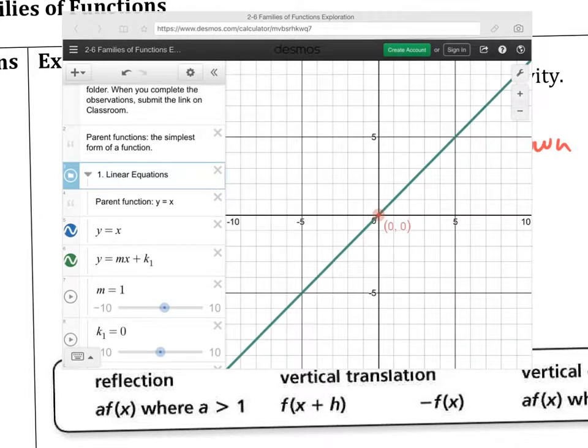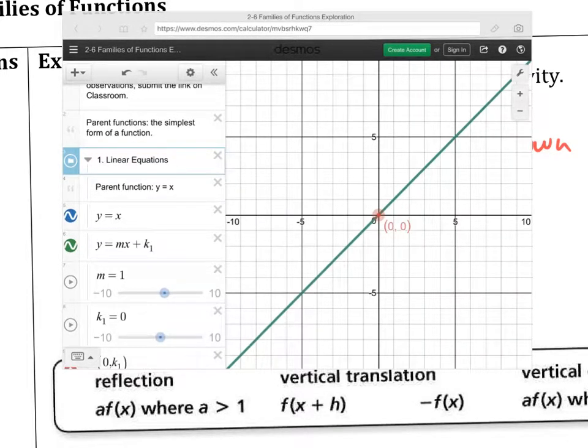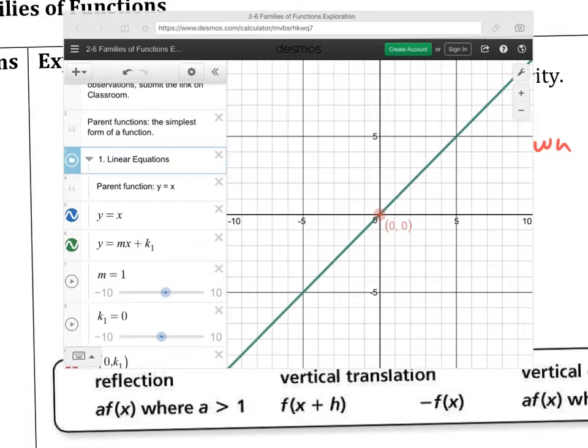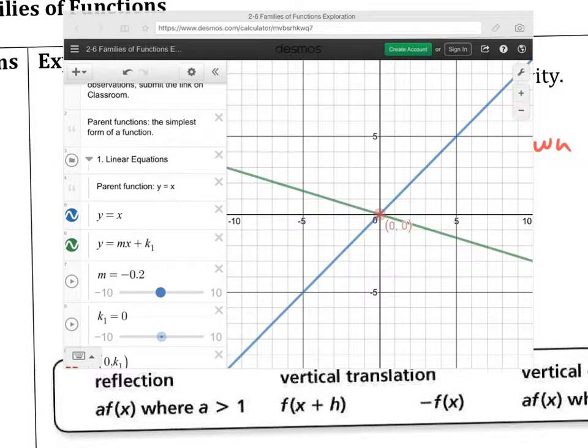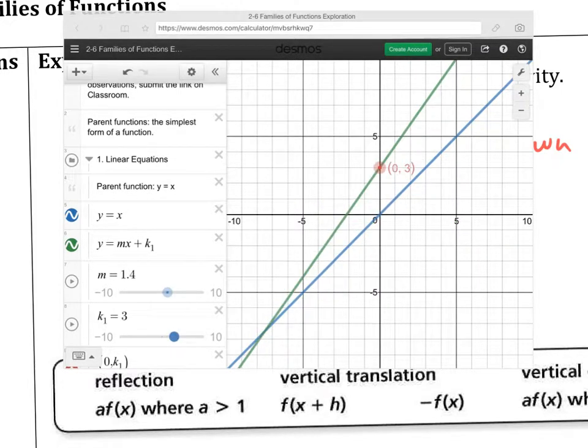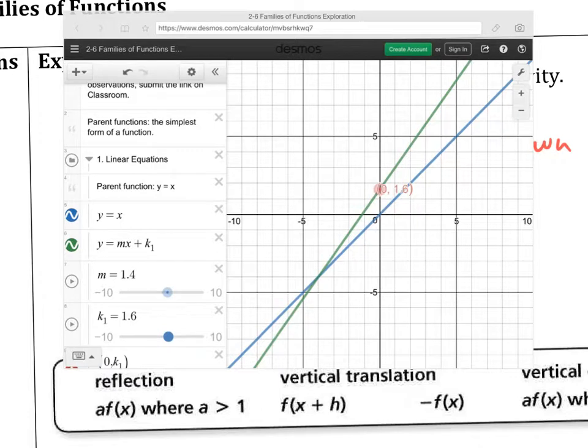So here I am. I have a linear function, which is y equals x, and we see that it simply graphs like this. I'm going to see what happens when I move a slider around a little bit here. Notice that moving the m, in other words, multiplying the x, stretches out my function. It's like I grab the function and stretch it up and down. This one here is kind of like I'm compressing the function down to be flat. Now, notice here that if I adjust the k, which is being added, all I'm doing is taking my function and shifting it up,